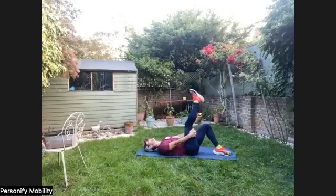Okay, from here we add in the cups. So we're going to point the toes to the ceiling, then down towards the shins as you push your heel away from the body. 1, 2, 3 count. Let's go again. This one often feels a bit like a light burning sensation, especially if you've added heels in